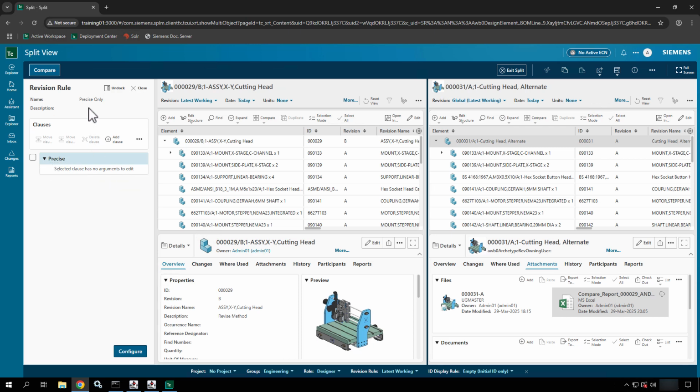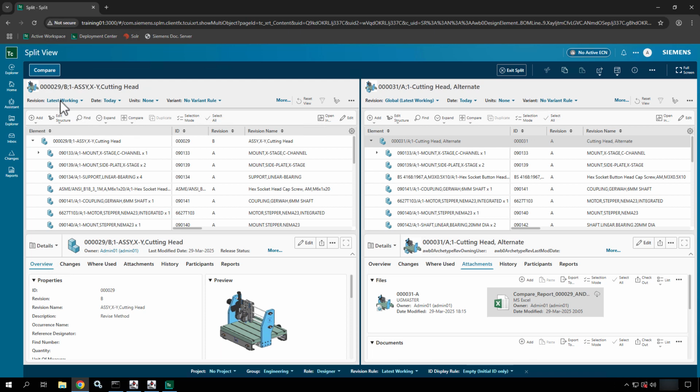So I'm going to click that, and you can see that this rule, the precise rule, has no arguments to edit. I can select this and add a clause. I can come in here and add a group or configure it. But basically, I want to change what I have here. So if I come back in, pull this down,